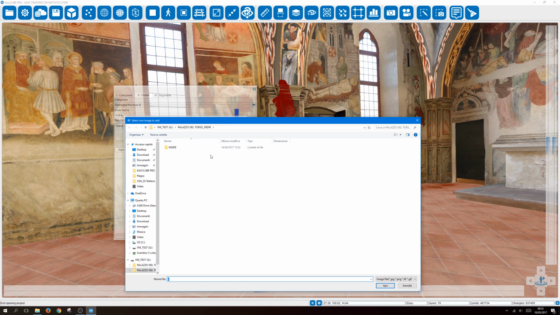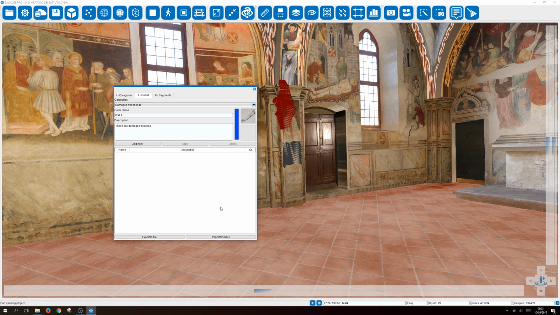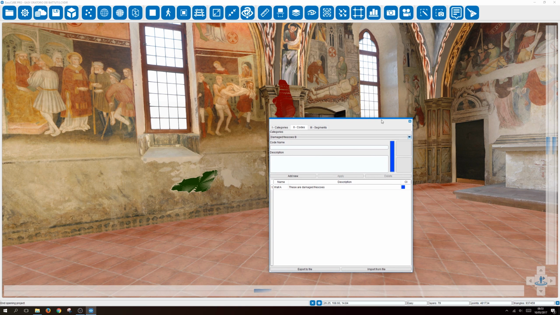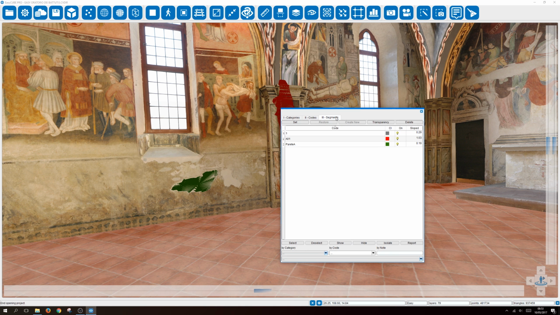So simply go here. Your image folder, add a picture, and go and apply. So I've added a picture, I've added a color. I'll click add new. So I've added a new code. Now that I have this code, actually I'm able to go on segments,